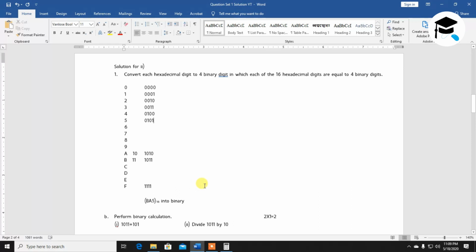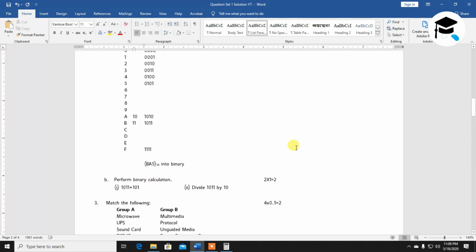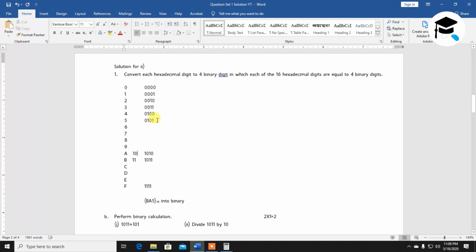It's simple. But while showing the answer in your answer sheet, you need to divide all these numbers individually, but I haven't divided here. You need to show it in your answer sheet. Okay, you need to divide 11, you need to divide 10. Similarly, you need to divide 5 also, as it is given in your question. Let me highlight this 5. Okay, and B A 5, it means both B and A 5. This column shows hexadecimal. This column is for decimal. I have not given the headings. You please understand yourself. And this column is for binary representation. I hope you have got it.